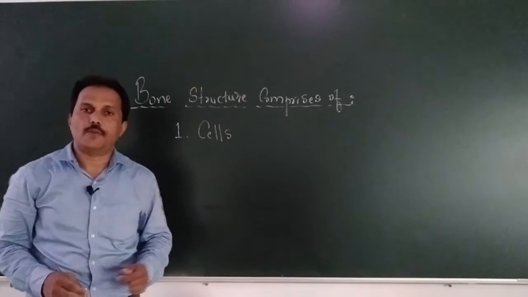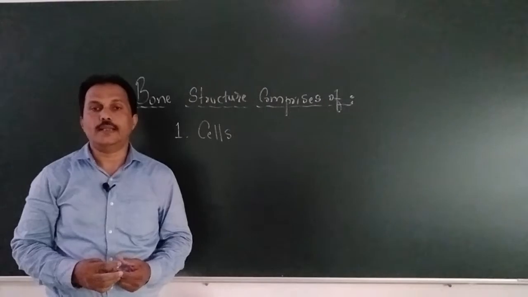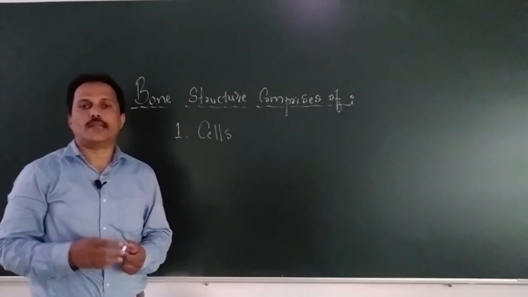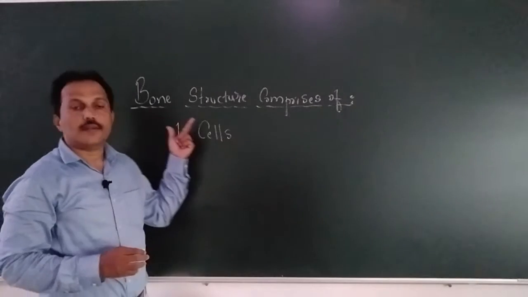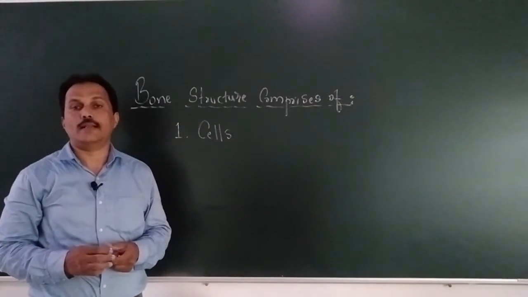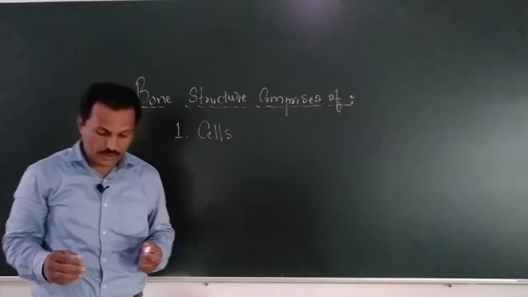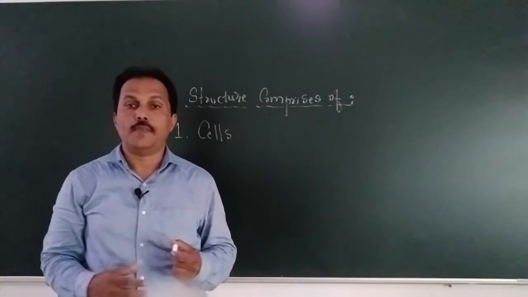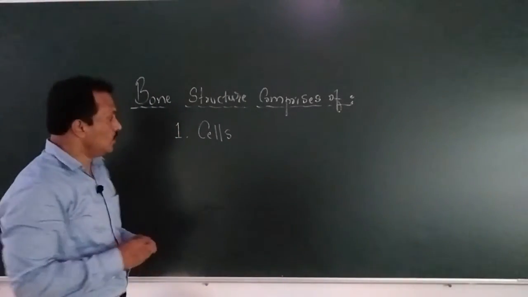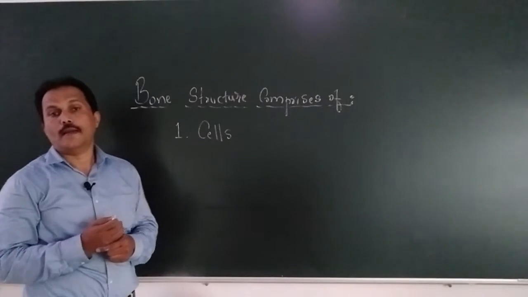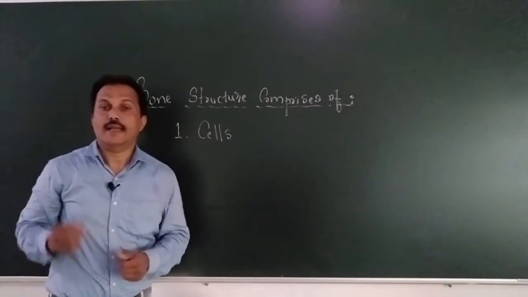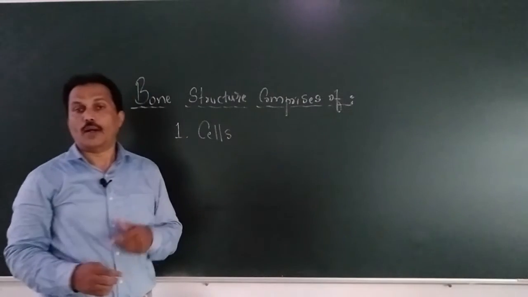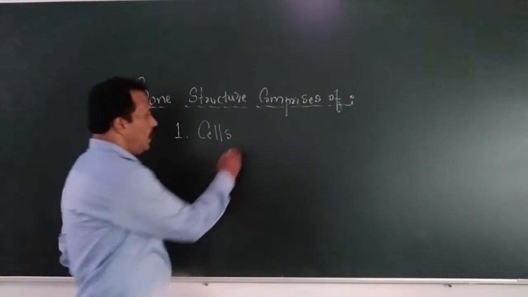Here we are discussing about the structure of bone. In that, morphological aspects we have seen, and now we are going to discuss about the actual structure of bone at the cellular level. What are the things that are present in the bone? बोनच्या मध्ये किंवा बोन नेमका कशाने बनलेला असतो? So the bone structure, it is made up of mainly number one, that is the cells. What kind of cells? Number one, you will find